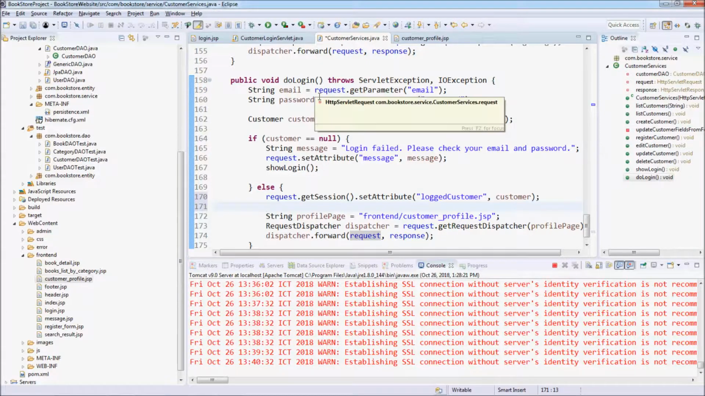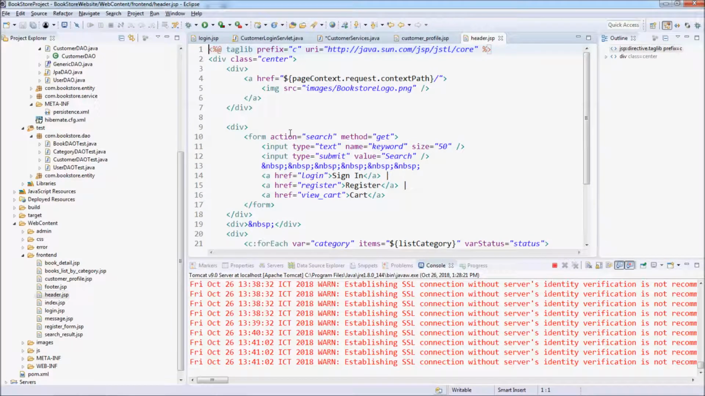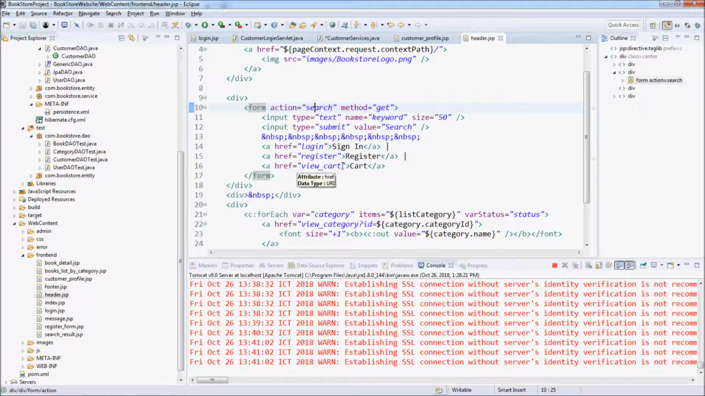And in the header JSP in the front end, we need to update the customer menu here. Here you see we have the hyperlinks: login, register, view cart,